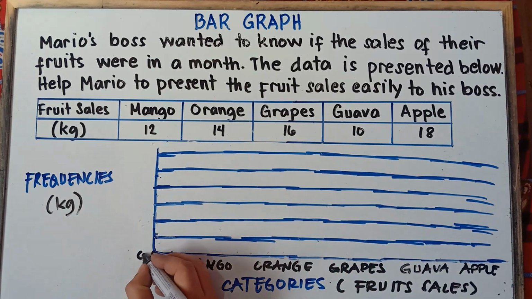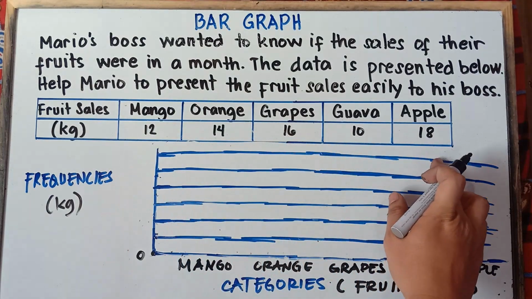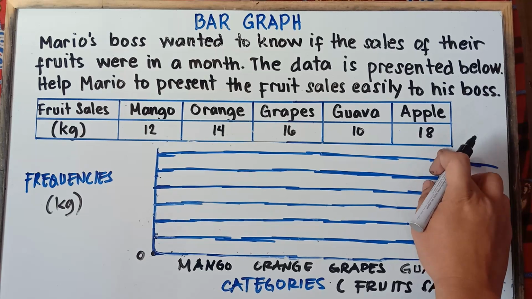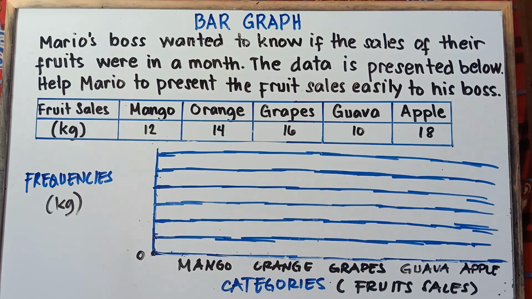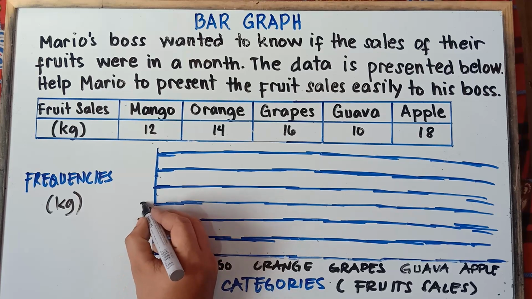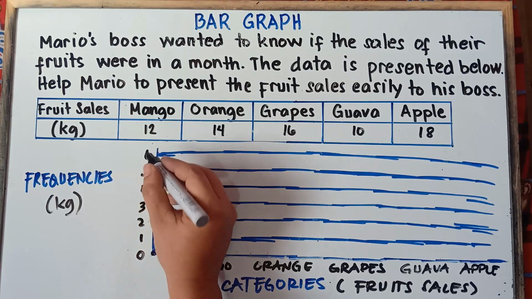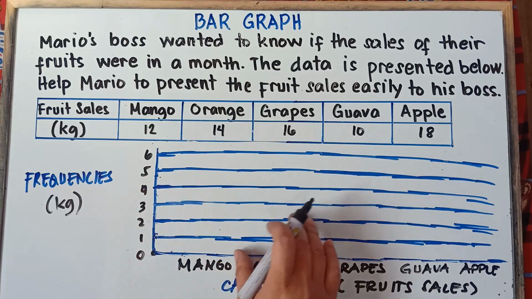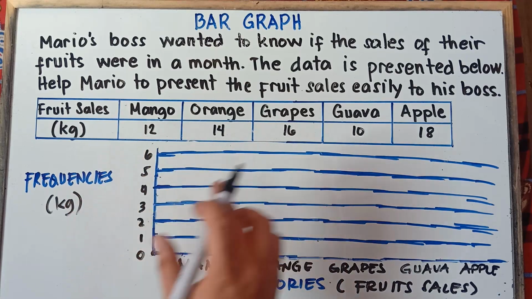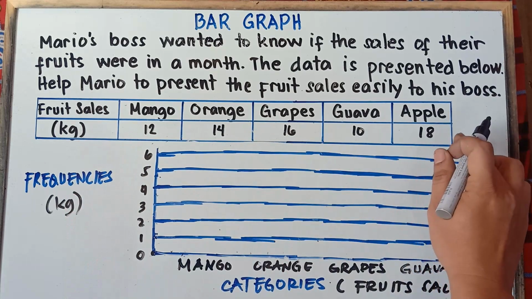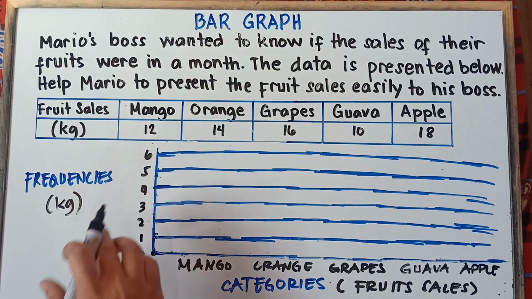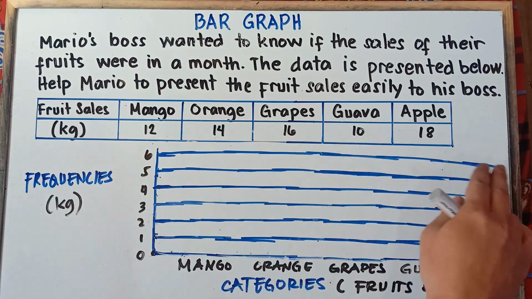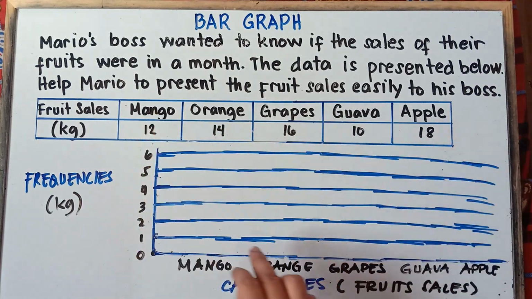You start at 0, and then you check first what the greatest frequency is. That would be 18. So therefore, class, we can do skip counting. What do you mean by that, sir? If we write 0, then 1, 2, 3, 4, 5, 6, 7, and so on, we don't have enough space in our graph. So we only have 0 to 6, and our last number would be 18, because the greatest frequency is 18. In your case, if you have enough space, you can draw another horizontal line, because you can draw as many as you can.